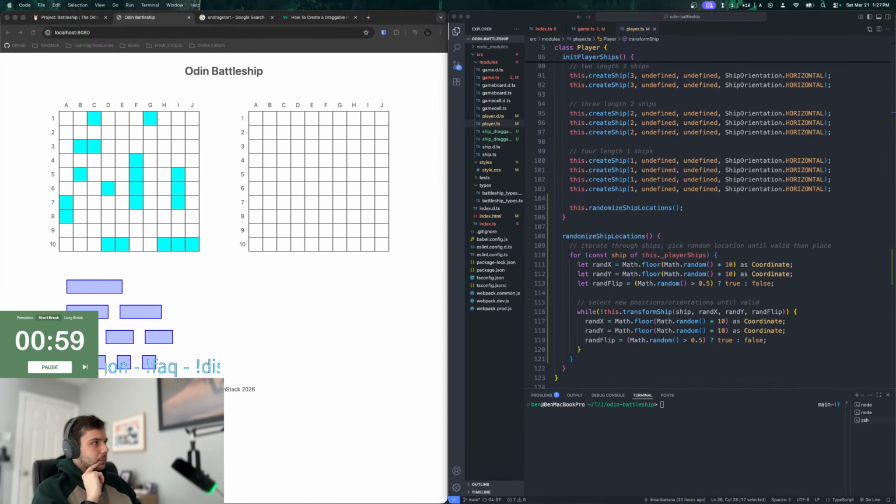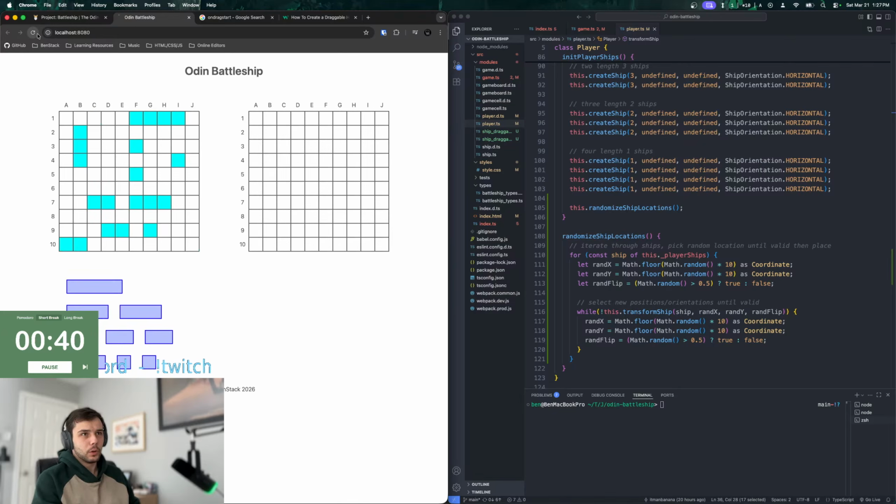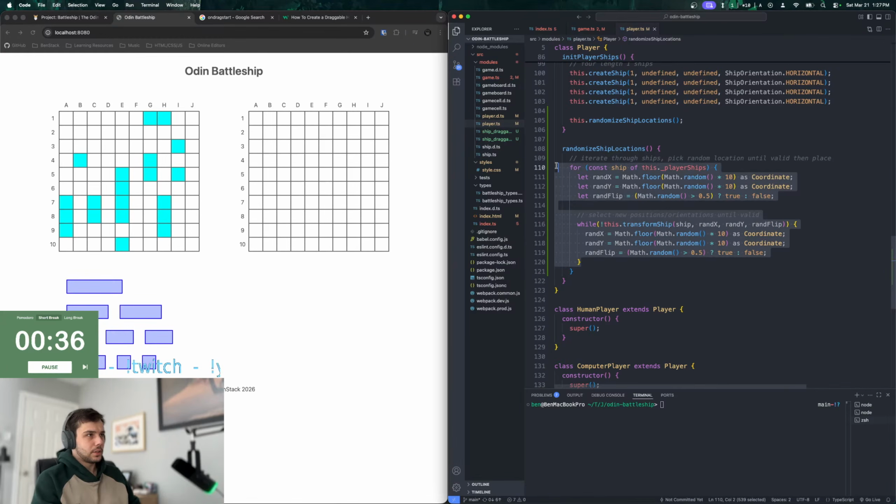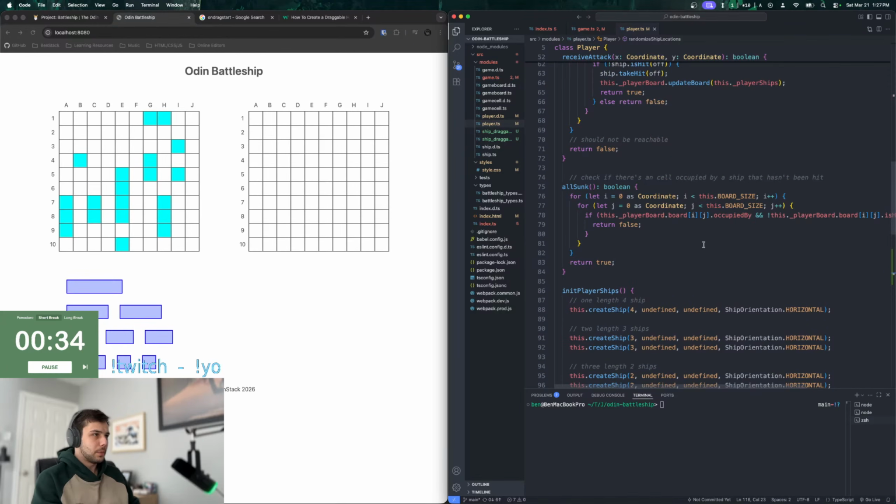So I don't know. We should be seeing both boards populate. Yes, we should. That's what should be happening, Jay. But I'm not seeing that, and I'm not 100% sure why. I see the player board, so I know that the randomized ship function works because the ship location is being randomized here. So this is fine. It's just there's something that's hiding